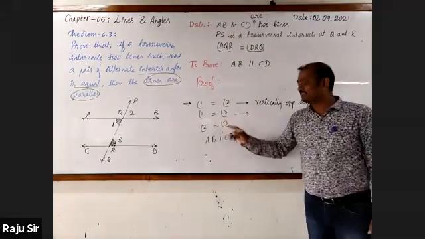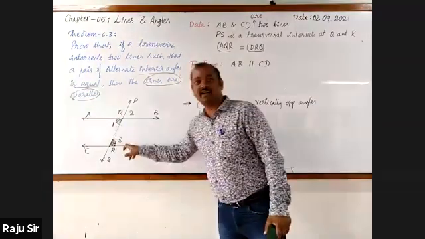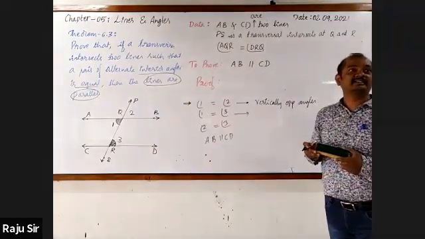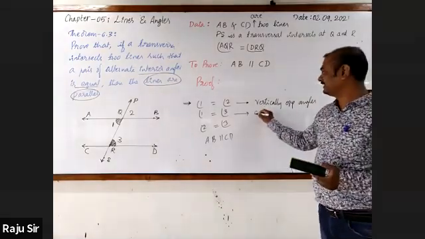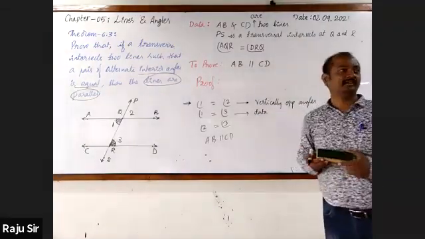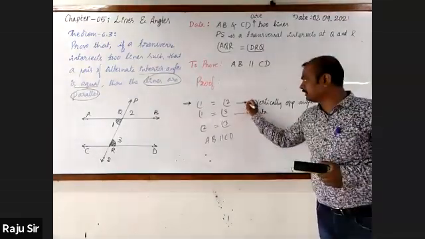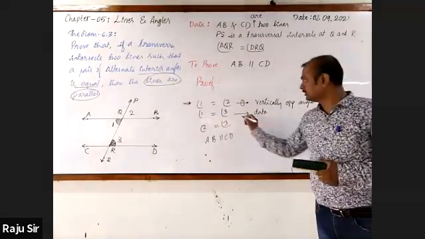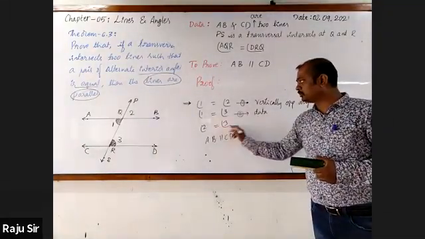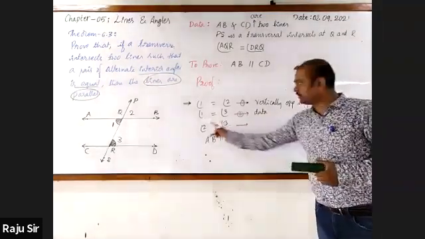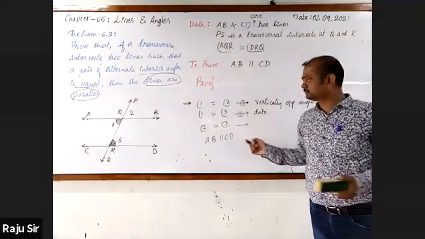Next. Angle 1 equals alternate interior angles. It is from that, the one they have given. Next. I call it statement 1. This is statement 2. Angle 2 equals angle 3. You can write without a reason, or write from 1 and 2 and Euclid's axiom. Like this also you can write.